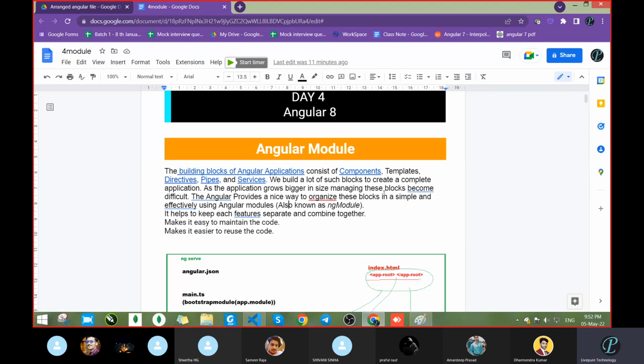So how can we do that? This is simple and effective using the Angular module known as NgModule. Now look over the code and see here. It helps to keep each feature separate and combined together, makes it easy to maintain the code, and makes it easy to